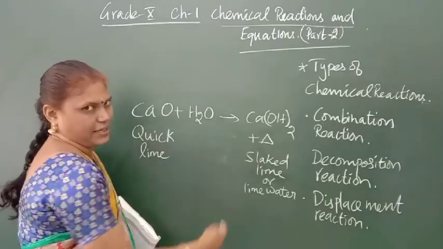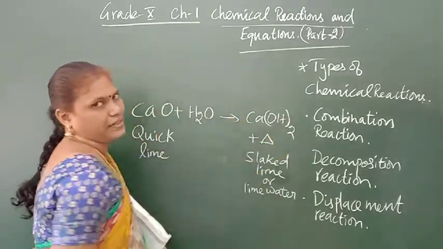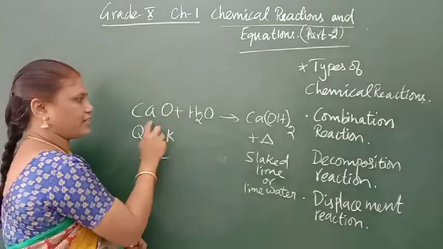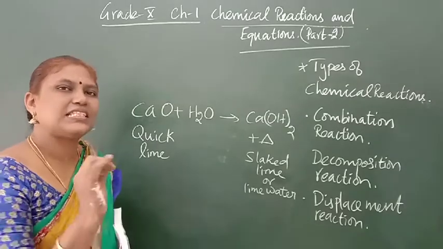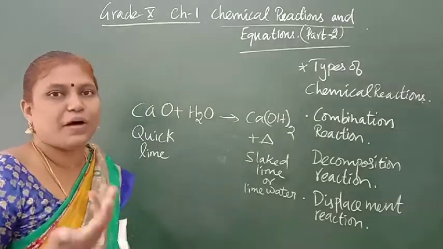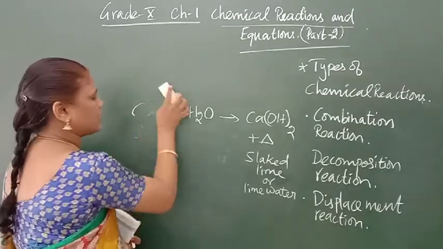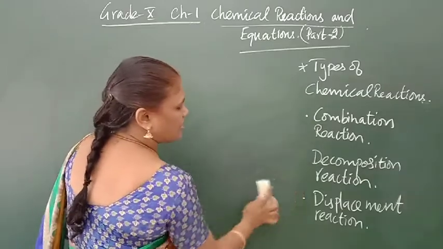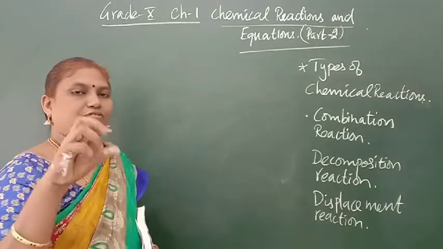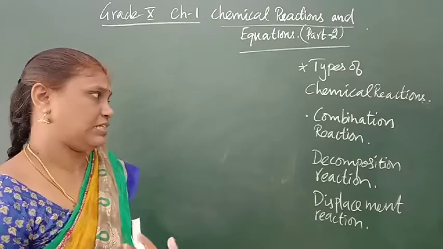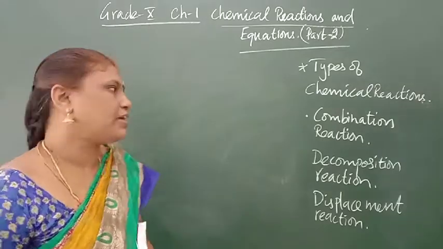So A plus B gives AB. I told you, whatever the atoms, calcium, oxygen, hydrogen, only those will be repeated. It is 2 or more reactants, and here 2 reactants give a single product. It gives heat as well as a hissing sound, because it starts to bubble. It is an exothermic reaction. The heat is evolved with the hissing sound, because when calcium oxide reacts with water, it forms bubbles and the hissing sound is produced. They are exothermic, so combination reactions are also exothermic reactions.